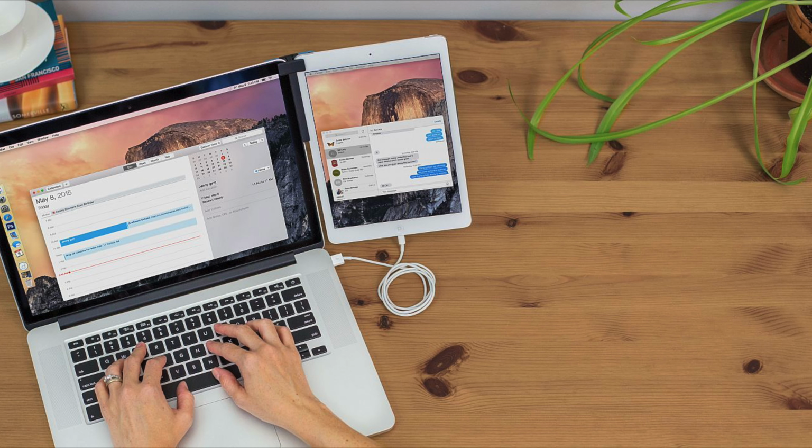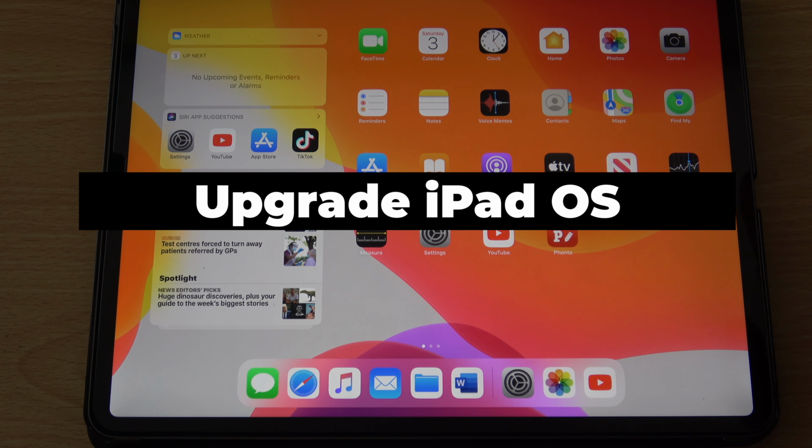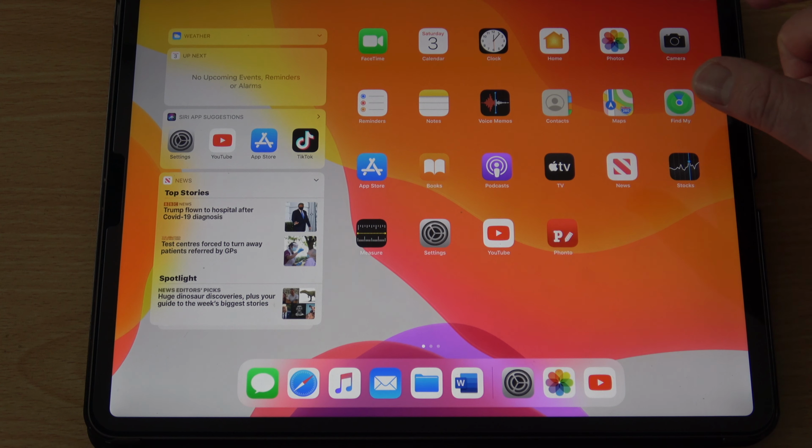The alternative is saving to your PC or Mac computer's storage. You can connect it by cable and transfer it using either iTunes or the Finder programs. So to upgrade normally, you have to have more than 50% power, and we can see here that there's 52%. If you don't have enough, you will have to plug it into the mains power supply. So let's go ahead and do the update.